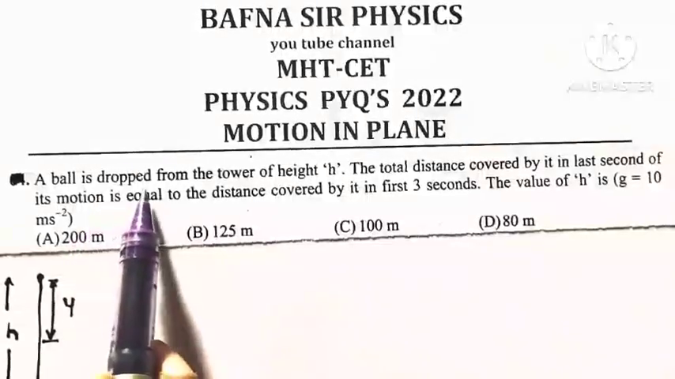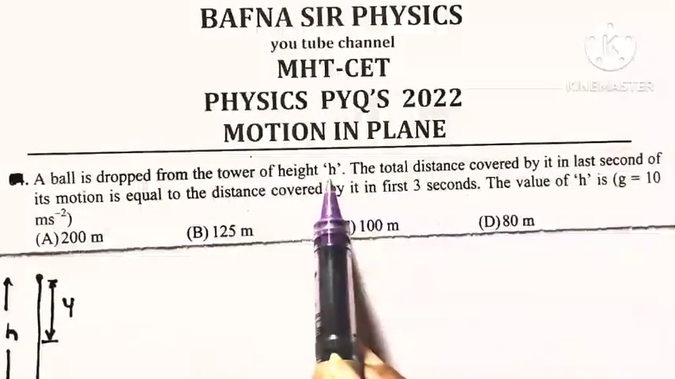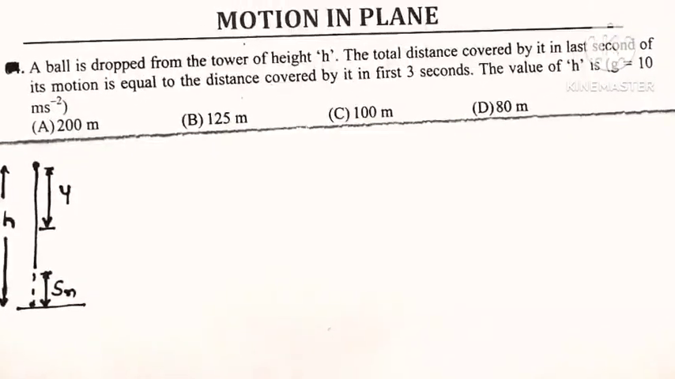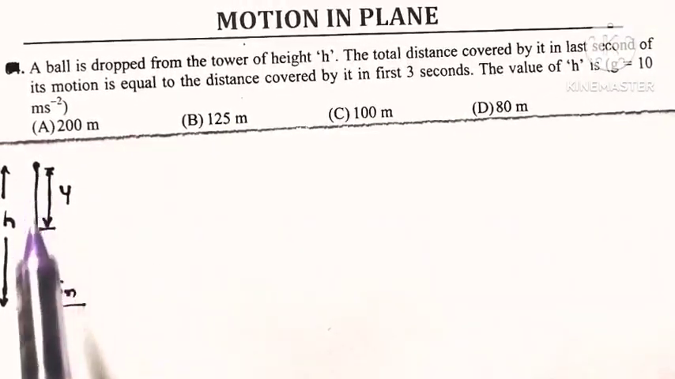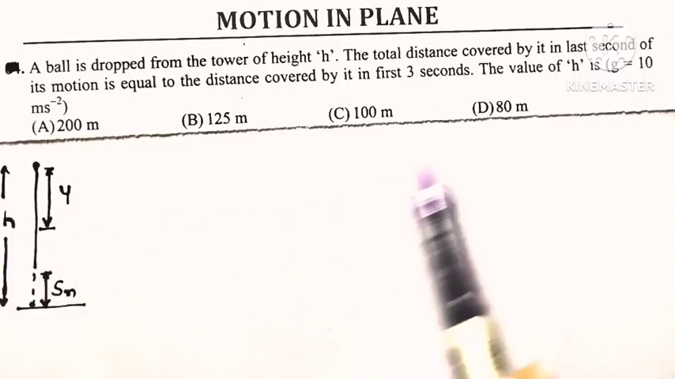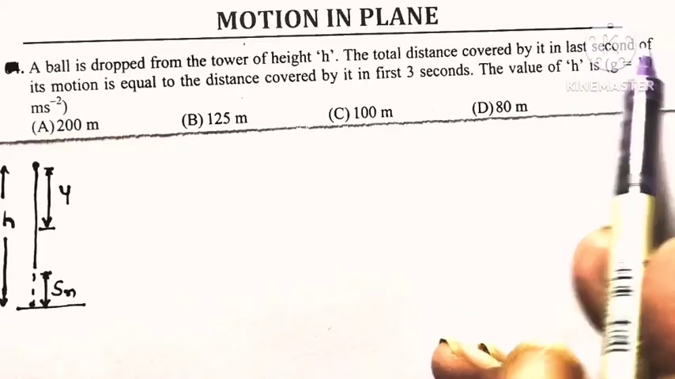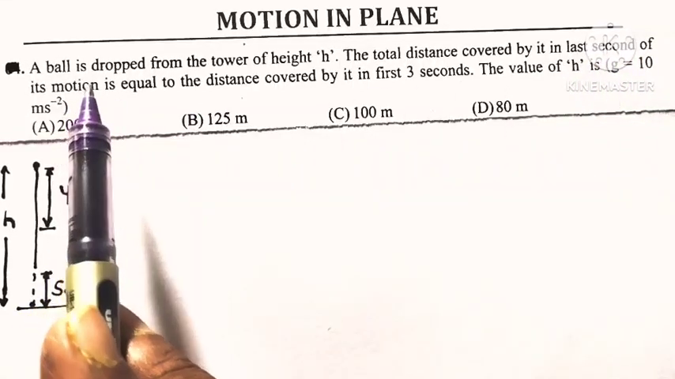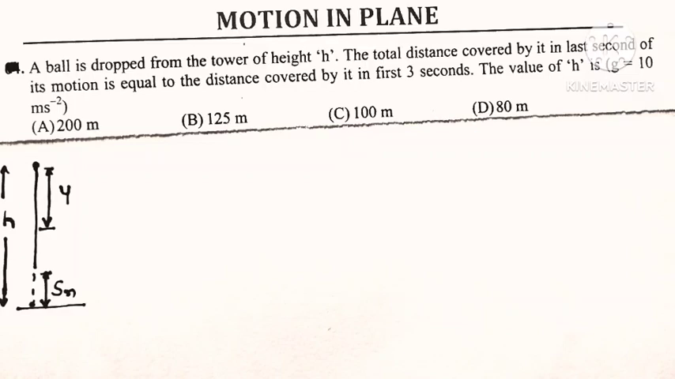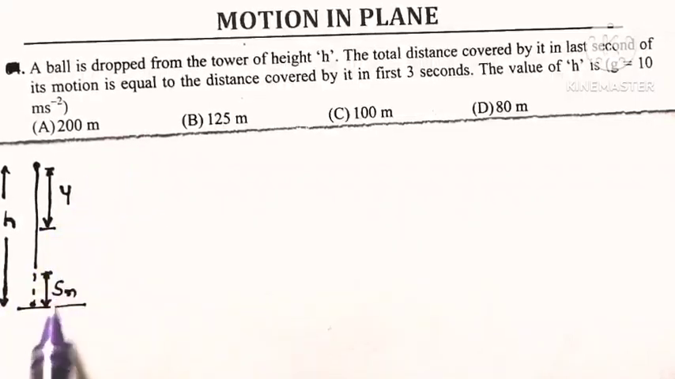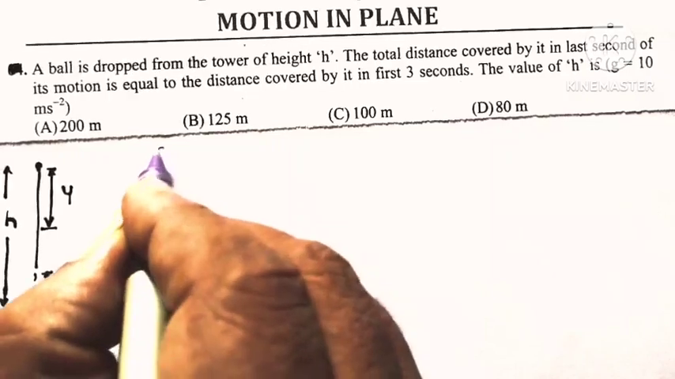A ball is dropped from the tower of height h. So let us have here the situation. A ball is dropped from a tower whose height is h. The total distance covered by it in the last second of its motion, say n is the number of seconds, and the distance covered by the particle during the nth second, say Sn, and that